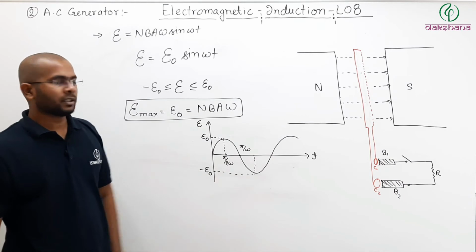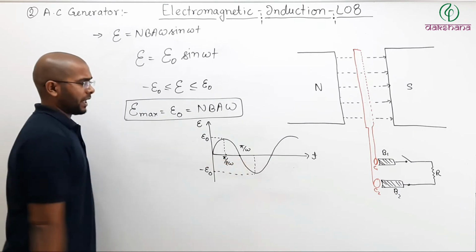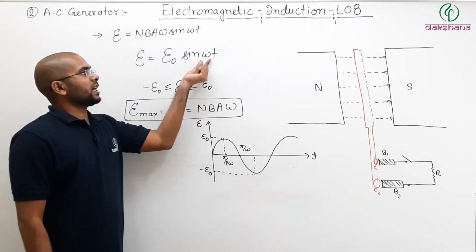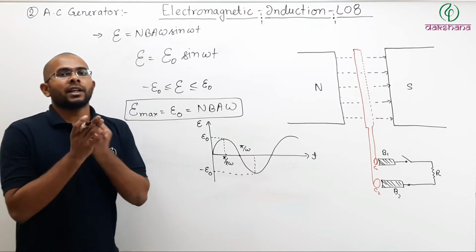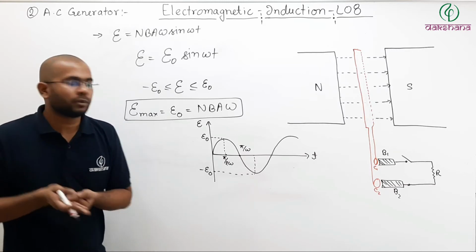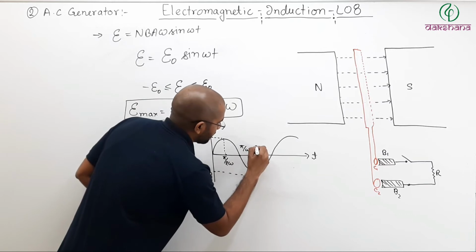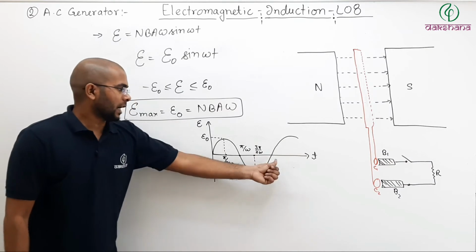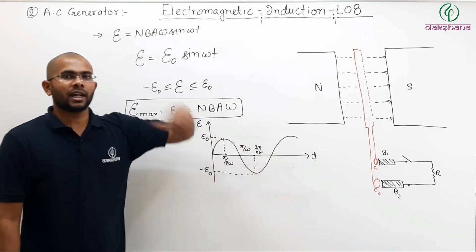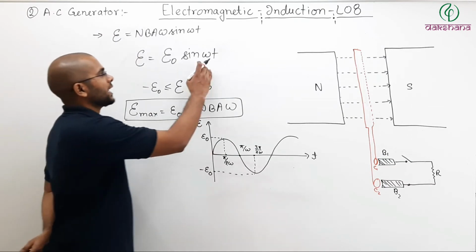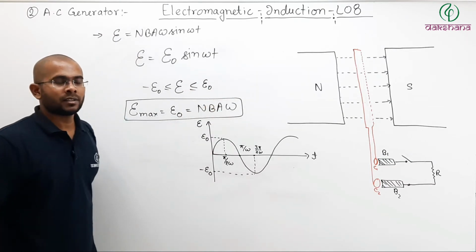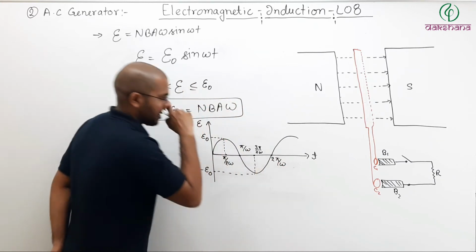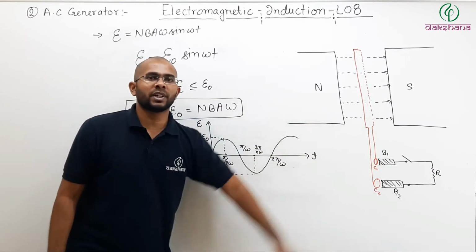So again this value will be what? This value will be pi by omega plus pi by 2 omega. So here omega t must be equal to 3 pi by 2. So this value must be 3 pi by 2 omega. Like this, we are talking about time. And at what time will it again be 0? At 2 pi it will be 0, so omega t equals 2 pi, so t equals 2 pi by omega. So this value is 2 pi by omega. And so on, it will keep on repeating itself.